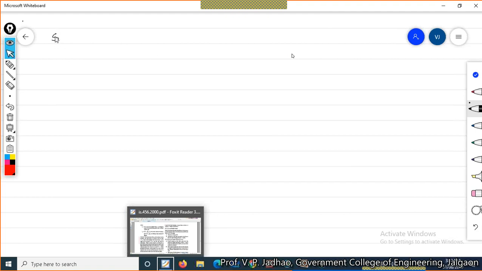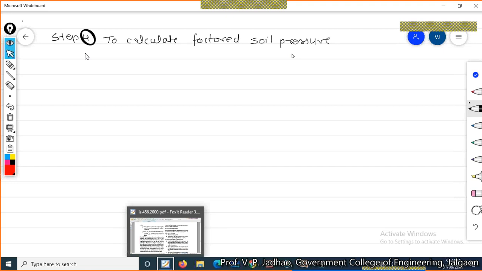Okay, next step is step number 4. The step number 4 is to calculate the factored soil pressure. Now we know that the formula for calculating the factored upward soil pressure, the upward soil pressure,